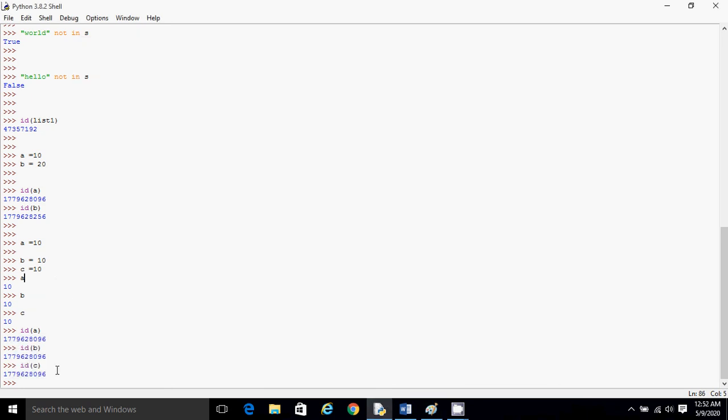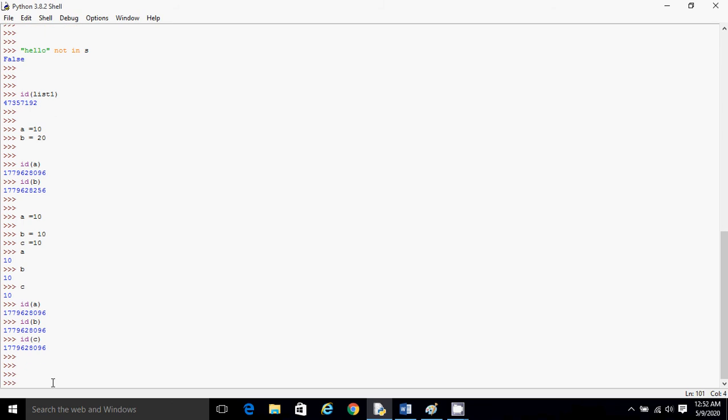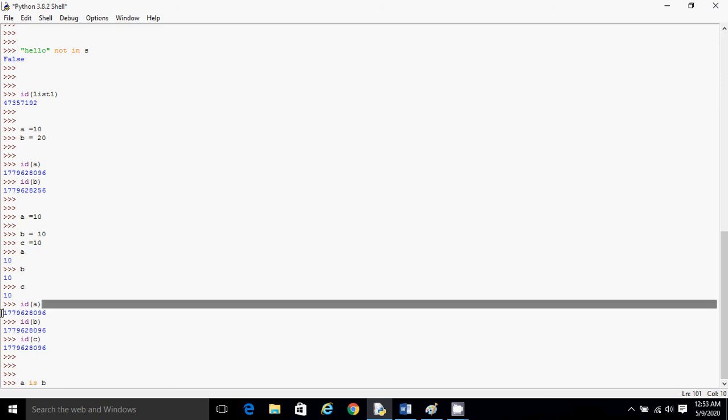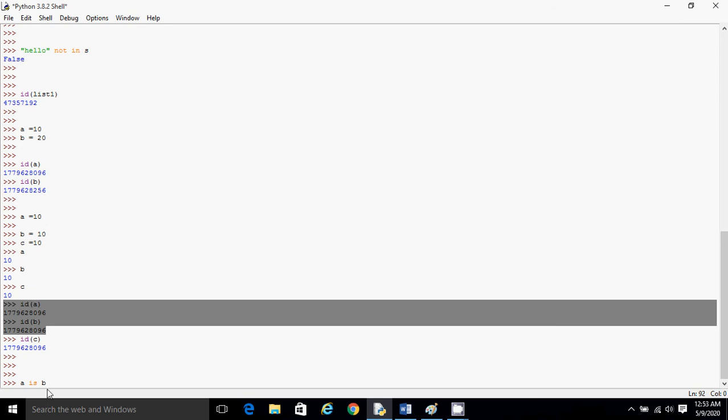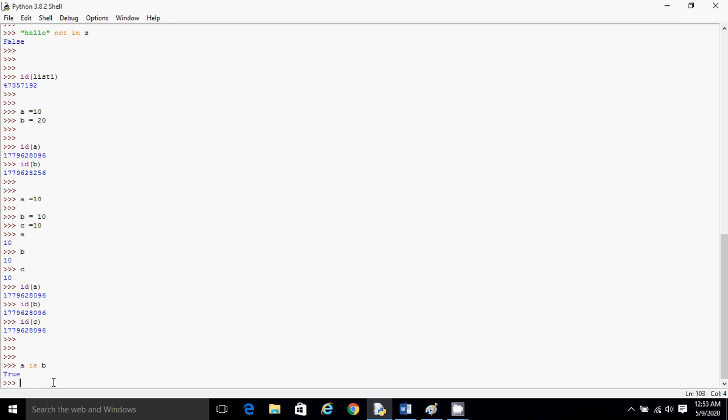Now we'll talk about the is operator. As I said, this identity operator always works on the id. If I check a is b, because a's id is the same as b's id, this will return true.